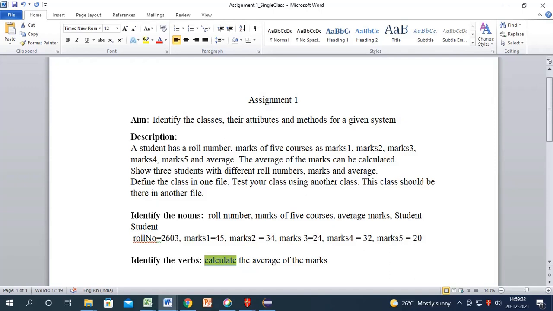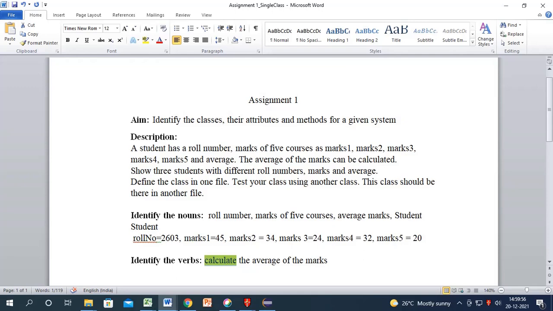The average of the marks can be calculated. Show 3 students with different roll numbers, marks and average. Define the class in one file. Test your class using another class. This class should be in other file or another file.